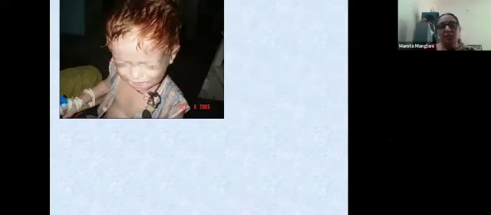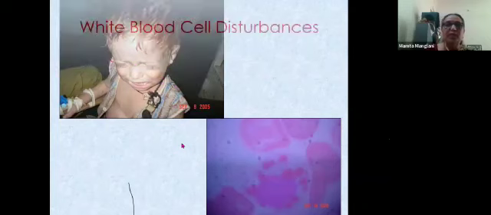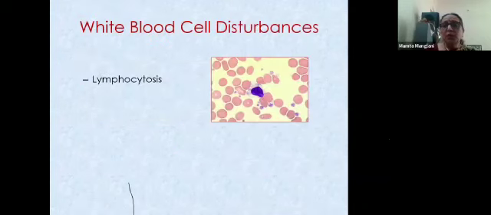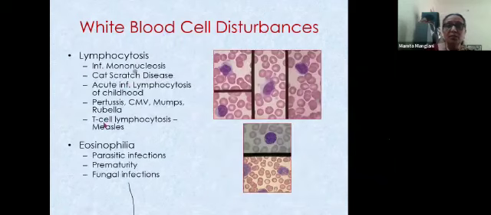Then you can have a patient who has granules in its lymphocytes and neutrophils. This is typical albinism with Chediak-Higashi syndrome. Then you can have lymphocytosis, monocytosis, both can happen in certain conditions which are listed here. Lymphocytosis is common in most chronic infections as well as acute viral infections, whereas eosinophilia is seen in parasitic infections, fungal infections, and GVHD in a transplanted patient.